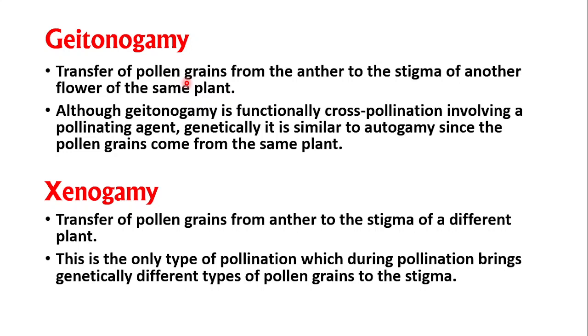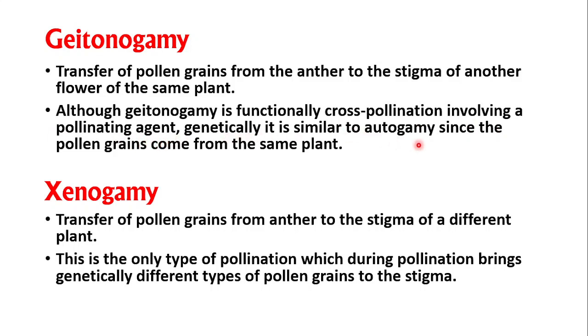That is why geitonogamy is the transfer of pollen grains from anther to the stigma of another flower of the same plant. See here, although geitonogamy is functionally a cross pollination involving a pollinating agent, genetically it is similar